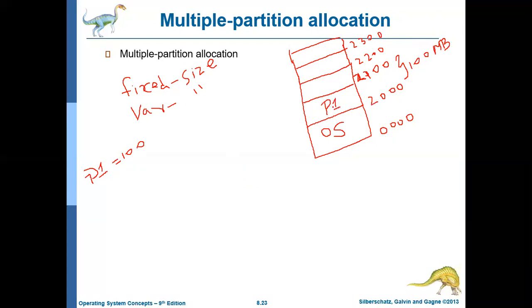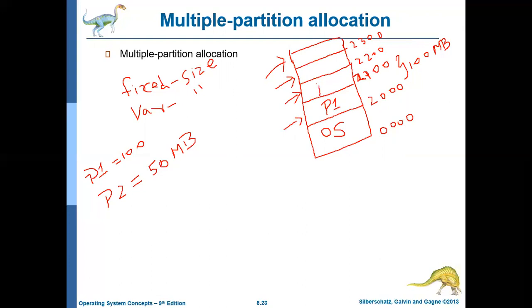Next, P2 comes and wants only 50 MB of memory, not 100 MB. The partitions which are empty are called holes or slots, so the next available slot will be allocated for P2.